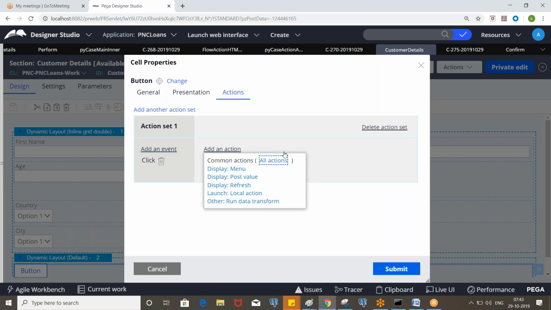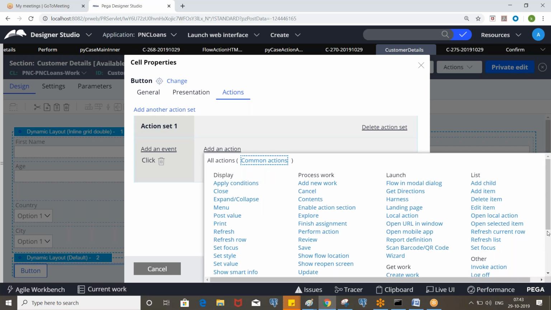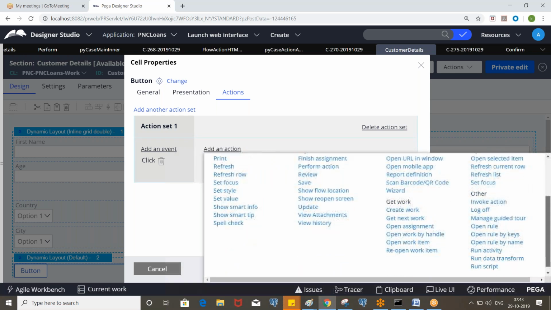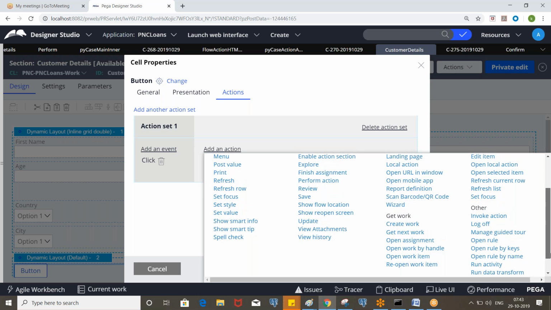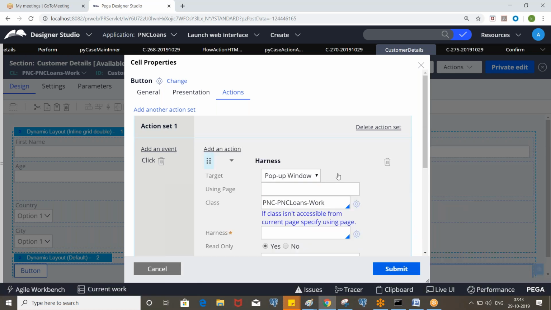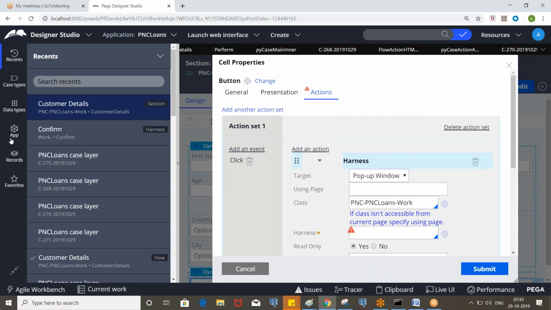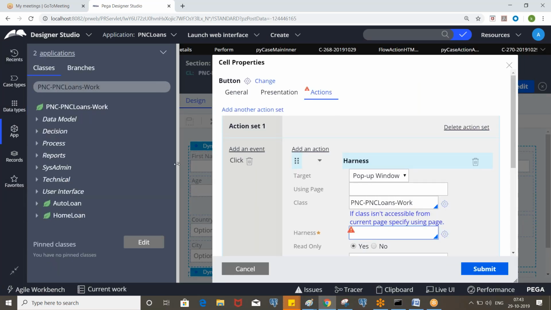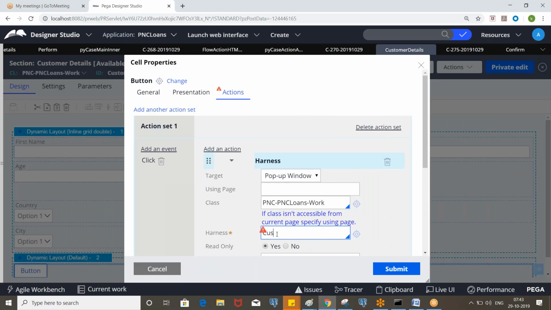So whenever you click on the button, you can launch some harness. Right? And you can create a harness from the user interface category. So like this, you can call that, or you can directly create it from here. Let's say work object details.